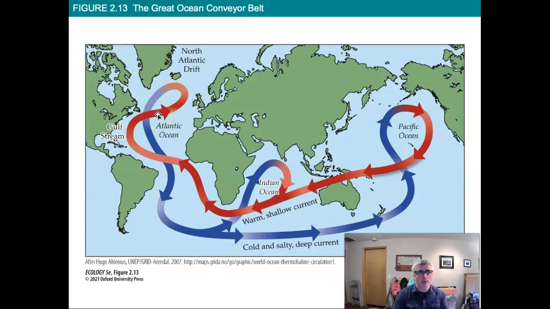It's why if you look across the same latitude, you can have a variety of different climatic conditions based on your relationship to these ocean currents. It's thought that a large pulse of fresh water shut this down, or could shut this down, and cause dramatic climatic impacts as well.